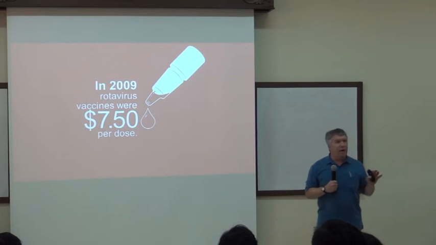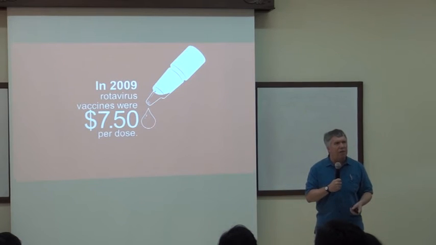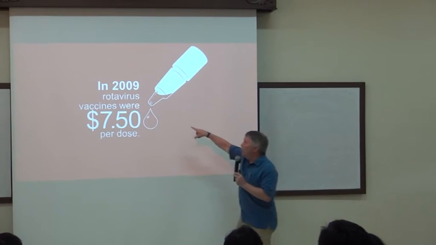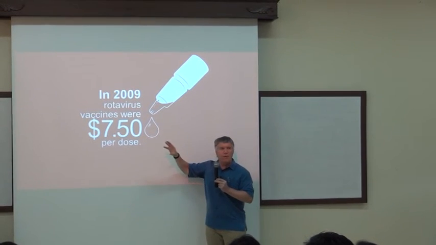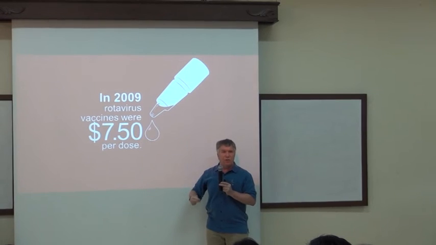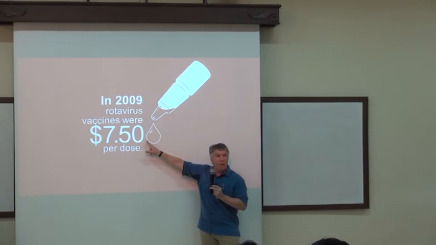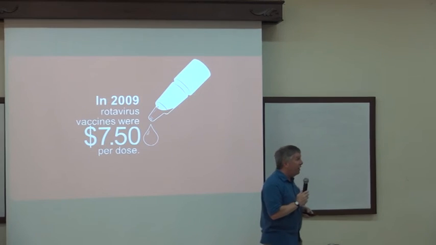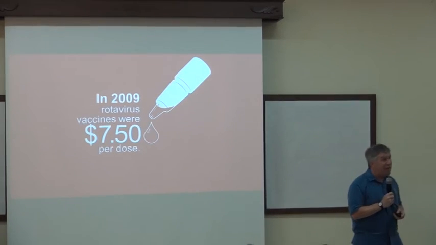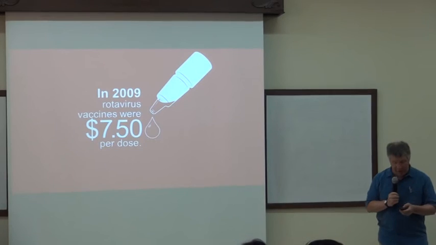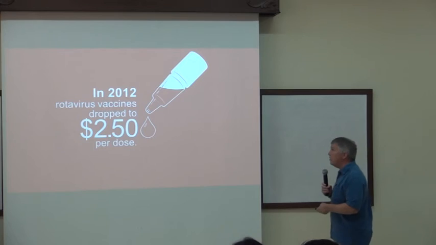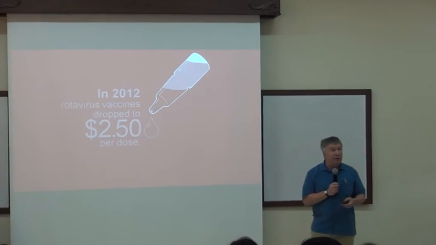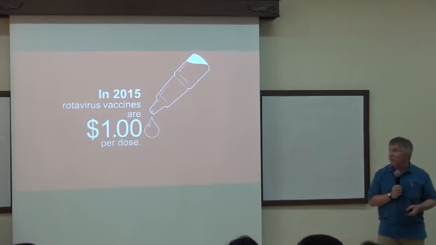One of the things that we look at, if we're going to try a new project with a partner and invest in something, we ask, what do you think it's going to cost? Well, when we started working on rotavirus vaccines, we knew it was going to be expensive to begin with. But solving the cost issue was going to be the second stage of the research. So there's a technical part to coming up with a vaccine. Okay, now we have a vaccine. It costs $7.50. That's not sustainable for the places where we're vaccinating. So now let's add the innovation to reduce the cost. And in 2012, the cost dropped to $2.50 a dose. And in 2015, now it's where we'd like it to be, which is $1 a dose.